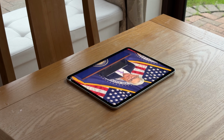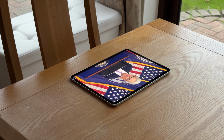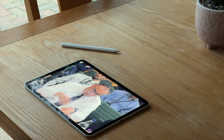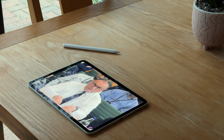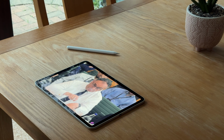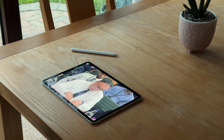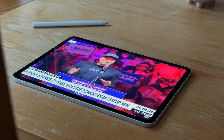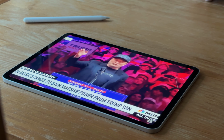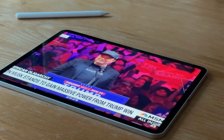So I primarily use it on the iPad Pro for its economic calendar, which has proven to be an invaluable tool in my trading routine. The calendar provides a clear and concise overview of upcoming economic events, such as central bank announcements, earning reports, and key economic indicators, all of which are crucial for making informed trading decisions. The app allows me to easily filter events by importance, currency, and country, helping me focus on the most relevant data for my strategy. So for example, if you trade only the pound or pound pairs, then you can filter